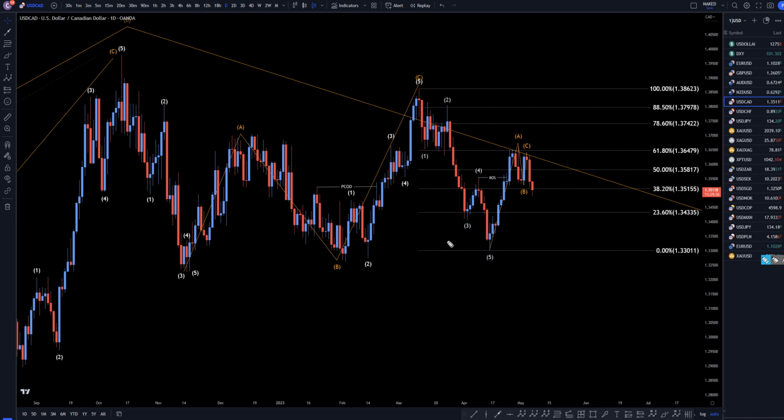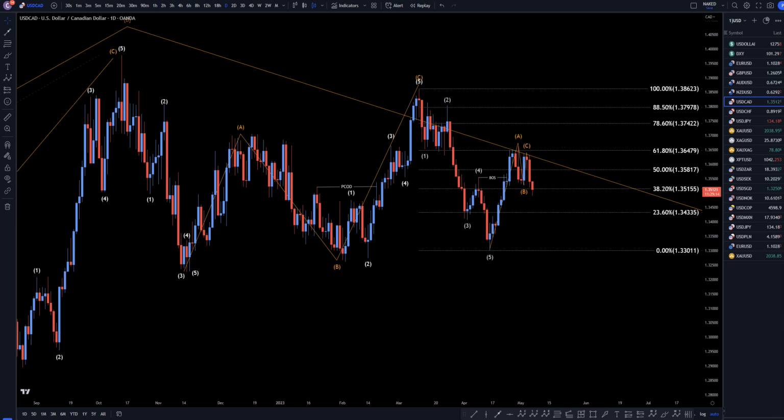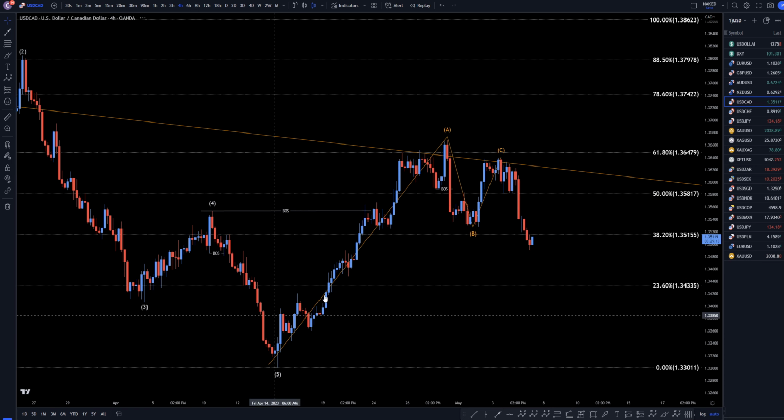On the daily time frame, we definitely had a strong move to the upside, but as you can see, we had almost a perfect downtrend. Then we do have like a three-wave pattern up right here to the 61.8. I think there's a good chance this is just going to keep on going down and making those lower lows, lower highs, probably like a 1, 2 in wave 3 of wave 3. Like this whole thing is a 1, 2, 3 of 3. So let's keep going down to the 4 hour time frame.